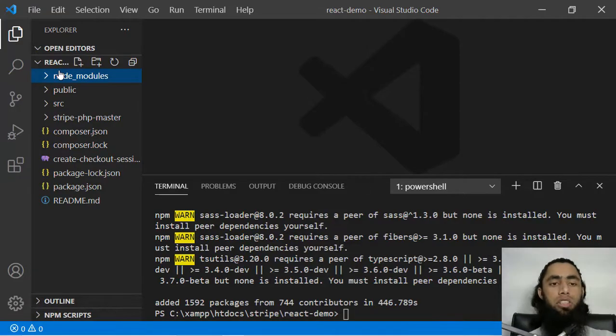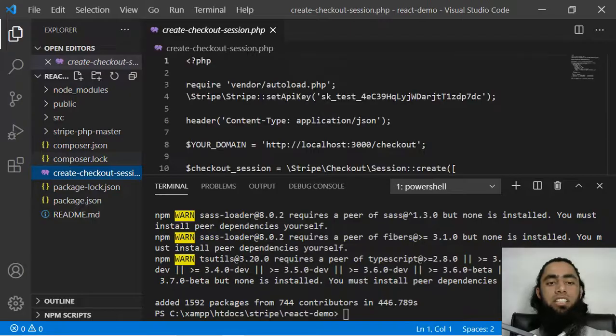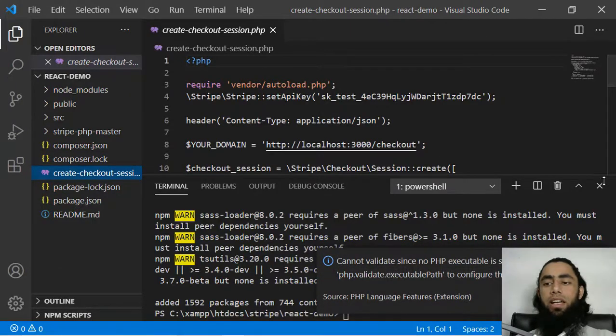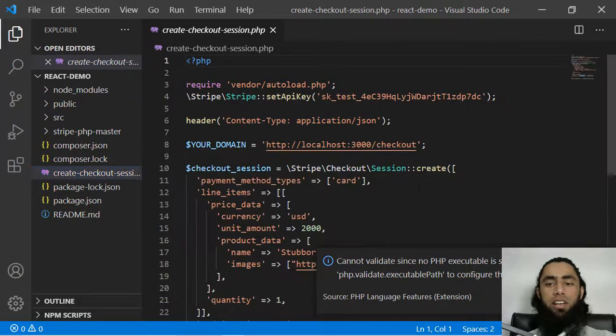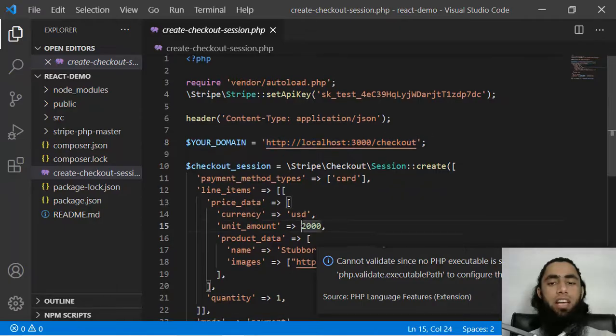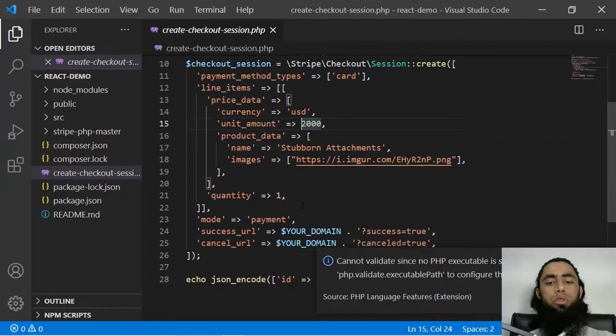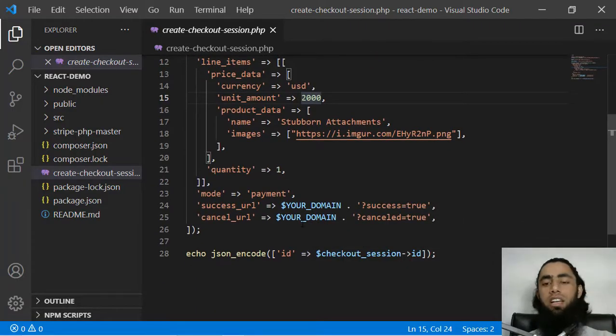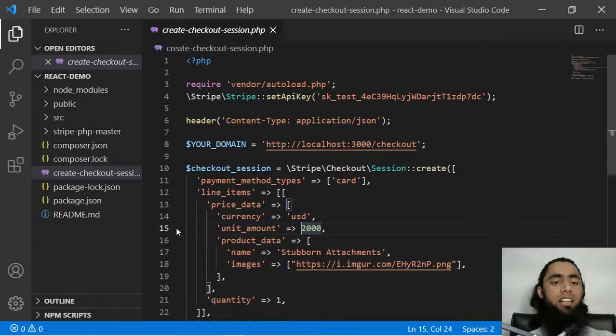All right, so this was the first thing that we have to do, and then after that we have to modify a few things. So first of all, let's go to create-checkout-session, and inside of it we have to mention your domain. All right, so why are we using this specific URL? Because when the payment succeeds, we have to redirect our user to one of the success page or failure page. All right, and for that let me create one more file here.